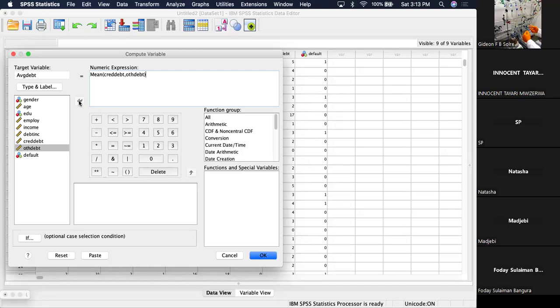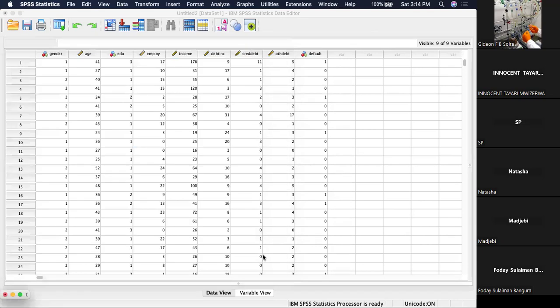What we are trying to do is compute another variable from existing variables using SPSS. From the sample data, we want to have a hypothetical average debt, given that we have two forms of debt that have been captured in the data set. So the logical thing to do is to find the mean. And how do we do that? Mean, open bracket, then you move the two variables in and you close. If I click on OK,